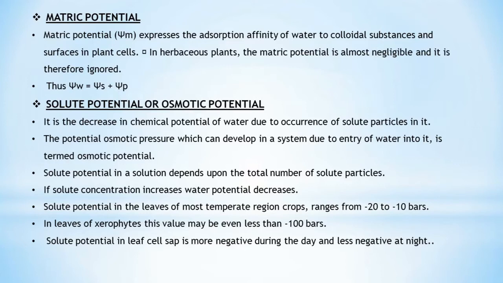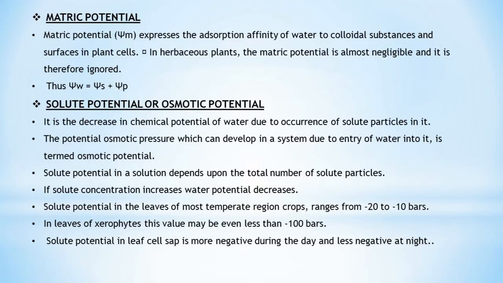Suppose there are 100 solute particles and only 10 pure water molecules, and when this is increasing it goes to 110, then this will again increase. I'll just give you an example of 50 to 50, okay. Suppose this is 50 and this is also 50. Pure water is 50 and solute particles are 50. When the solute particles increase to 60, the water decreases to 40; 70, 30; 80, 20, like that. When the solute particles increase, the water potential of pure water decreases, okay.